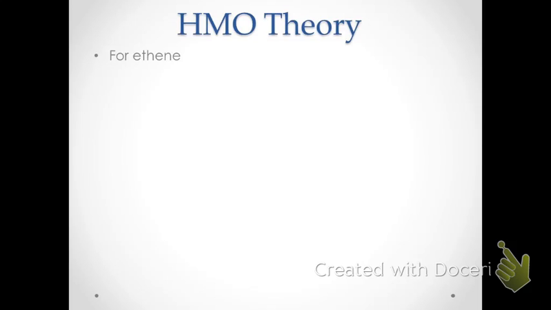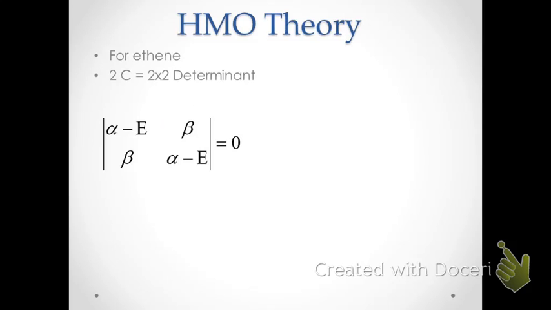All right, let's apply HMO theory to the simplest possible molecule with a carbon-carbon double bond and a pi framework, and that would be ethene, of course. The pi framework is due to the overlap of p orbitals perpendicular to the plane of the molecule. Because we have 2 carbon atoms and 2 p orbitals, we're going to have a 2 by 2 determinant. Using the designations we defined earlier, the diagonal H11